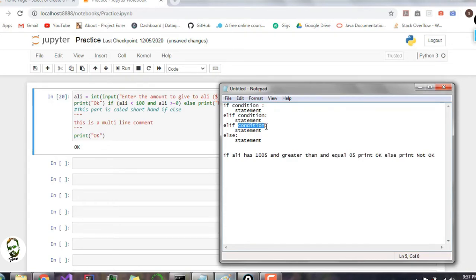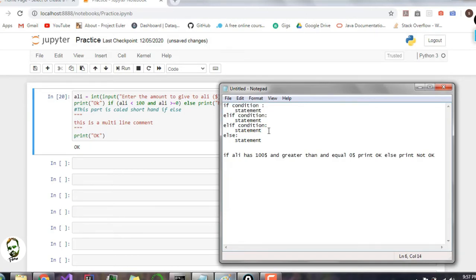Now supposedly, if this becomes true, or I guess this one becomes true after this becomes false, then all the bottom ones will be skipped. Same goes for if. If this one becomes true, all the bottom will be skipped. So the only way to reach else if is if all of the above ones become false.